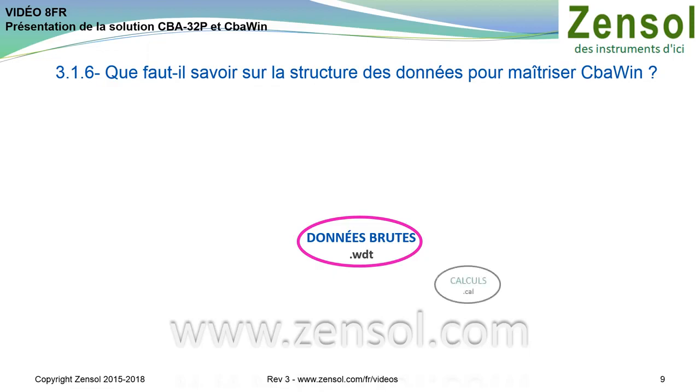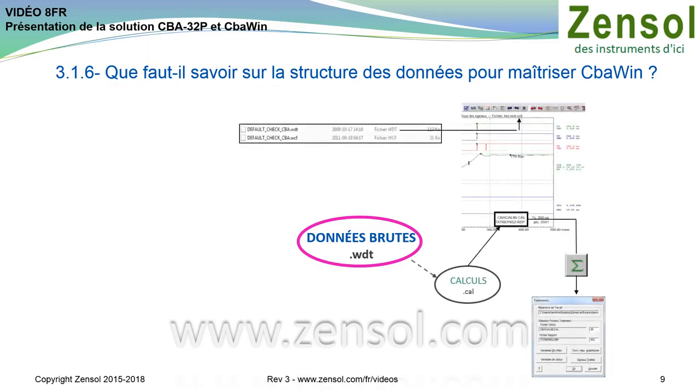The raw data is used for mathematical processing, such as calculating closing and opening times. Total strokes and maximum coil currents are set in the CbaWin software and are totally independent of the CBA-32P, which can be switched off. The calculated data is then available as a tabular report, easily accessible via CbaWin,